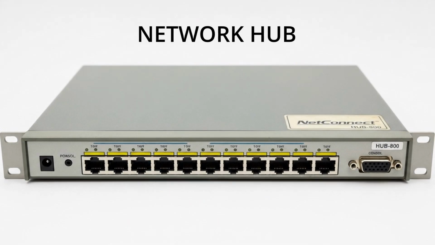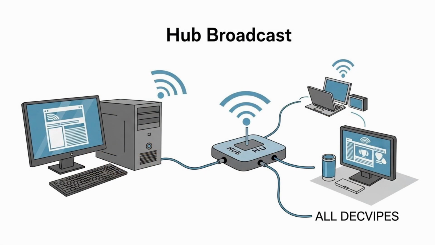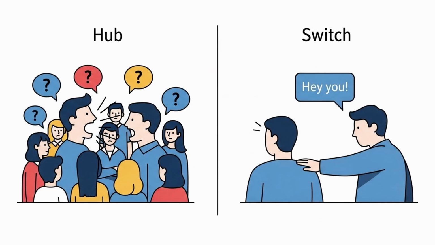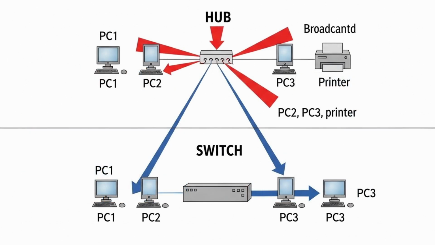Network Hub. A network hub is an older device that looks similar to a switch, a rectangular box with multiple Ethernet ports. But unlike a smart switch, a hub is quite dumb. When it receives data, it broadcasts that data to every single connected device, not just the one that needs it. Imagine shouting in a crowded room instead of tapping someone on the shoulder. That's a hub. This makes networks slow and inefficient